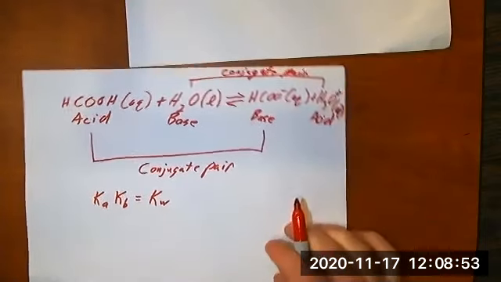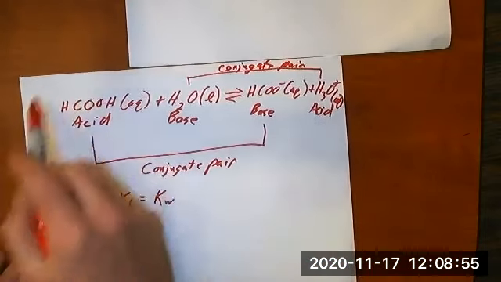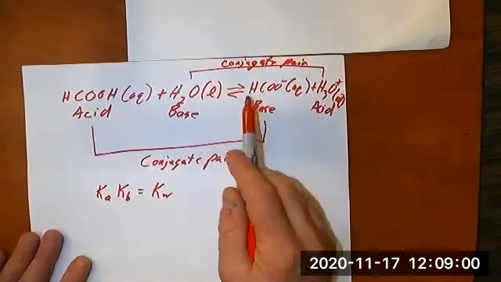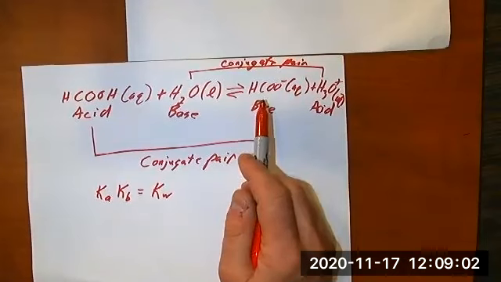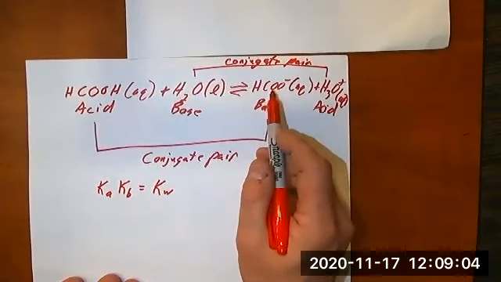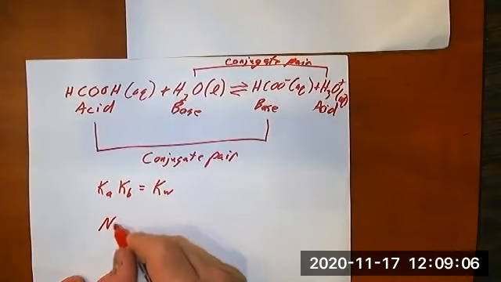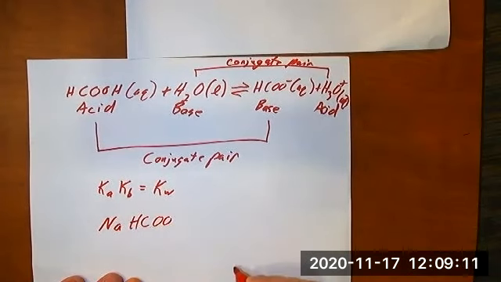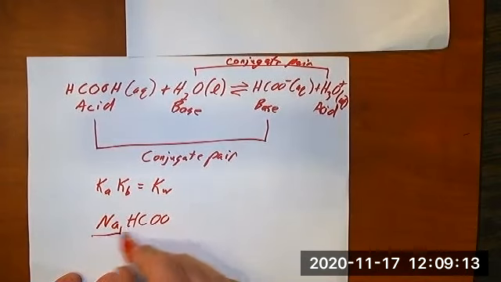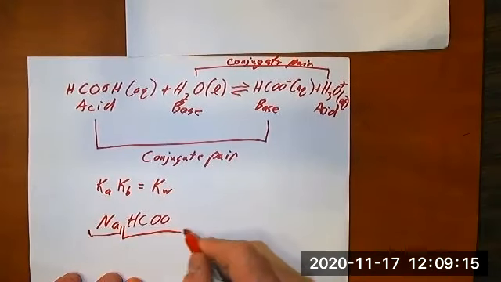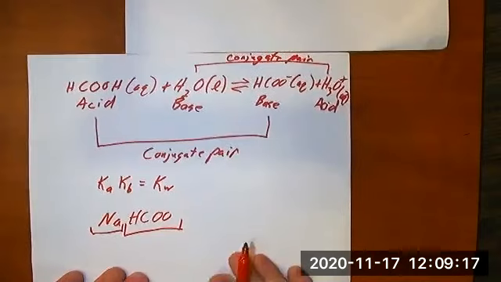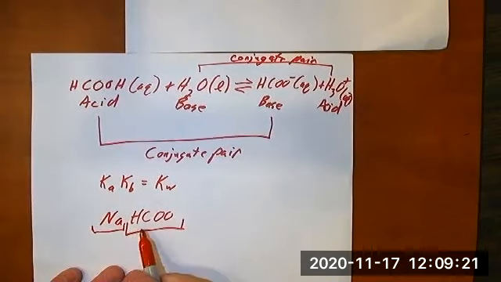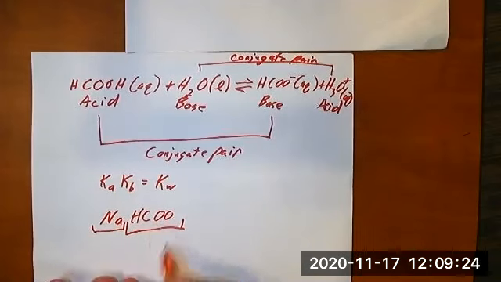And so if you have a table that has a list of Ka values, and yet what you're trying to do is look at what the pH of something like sodium formate would be, noticing that this is going to split off into sodium ions and formate ions, then what you're looking for is the base reaction of the formate ion,